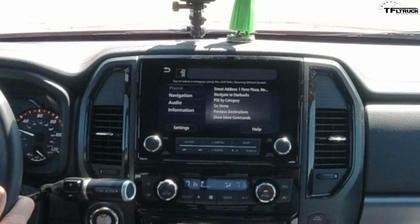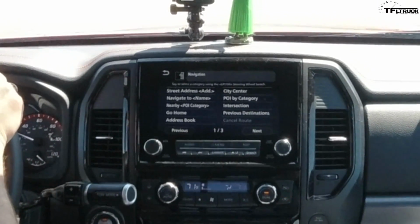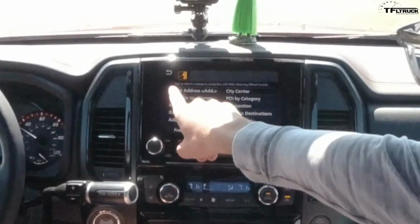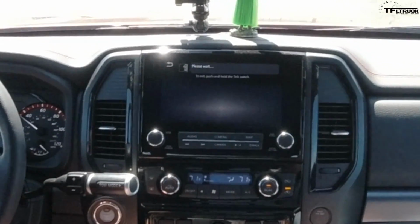Please say or select a command. Navigation. Navigation. Please say or select a command from the displayed list. Navigate to Snarf's Sandwiches. Please wait. Did you mean Schlepp's sandwiches? Please say yes or say a number from the displayed list. No. No, go back. Navigation. Please say or select a command from the displayed list. Navigate to Snarf's sandwiches. It should work. I think it should work. Please wait. Did you mean Dell's Sandwiches, Ridge, New York? Please say yes or say a number from the displayed list. Cancel. Cancel. Please cancel. Cancel. Please say or select an item number from...